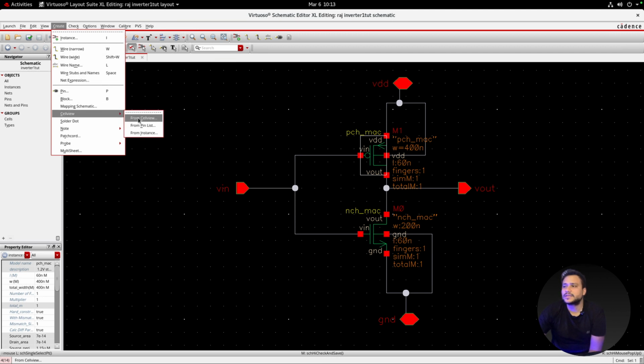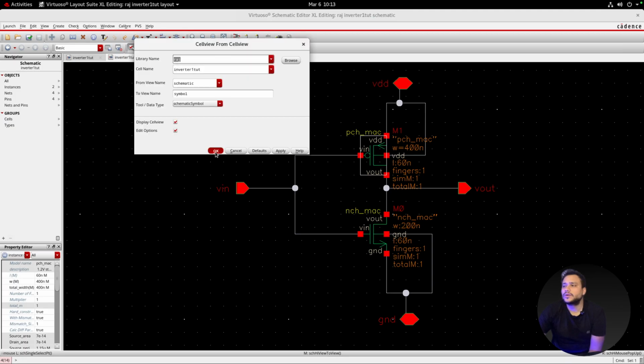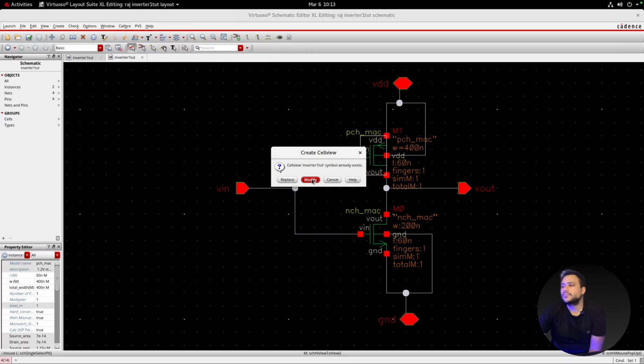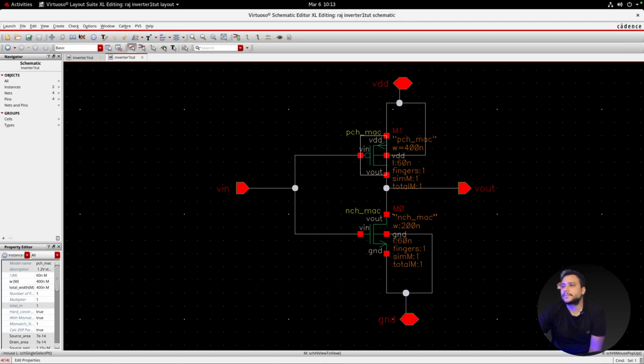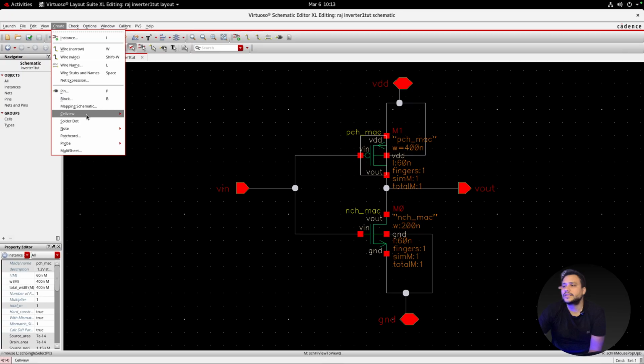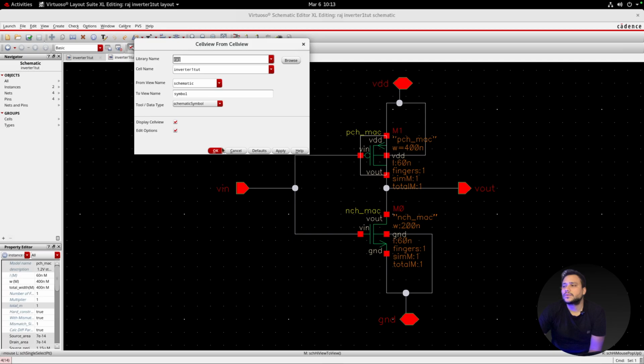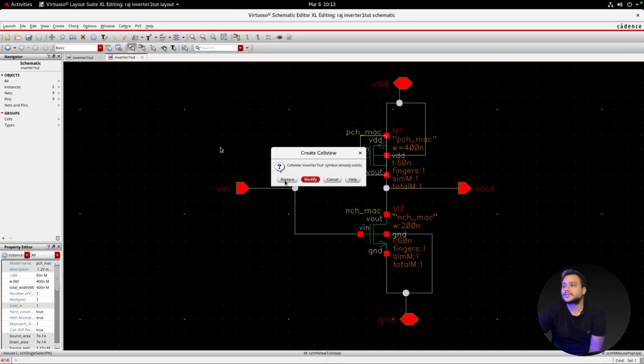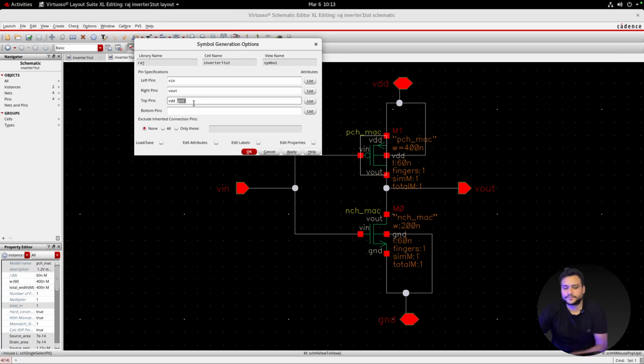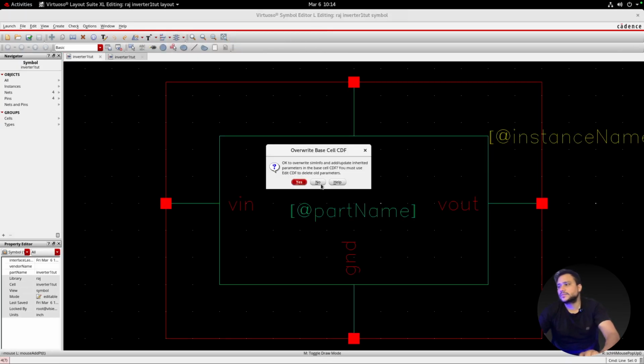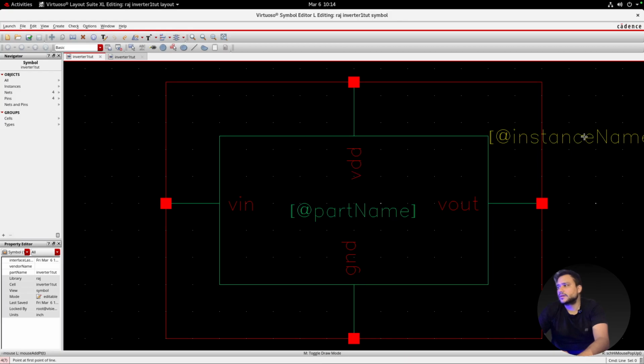Create cell view. From cell view, it will load. So we can modify because we already made the symbol, that's why it's coming like this. From cell view, okay, let's replace. V in, command X, and the bottom pin. So left pin V in, right pin V out, and bottom is G and D. So by this it will come,